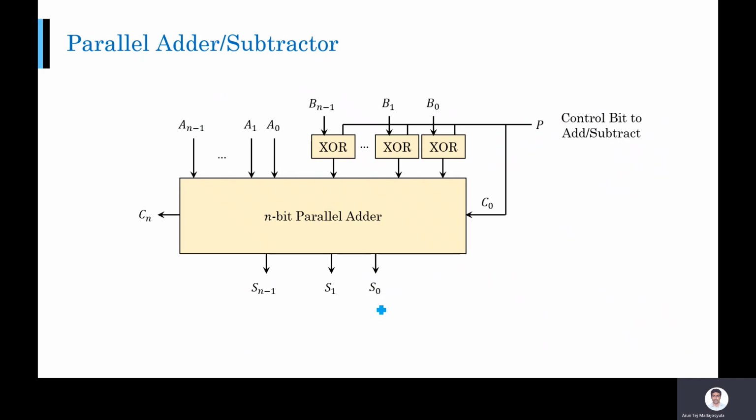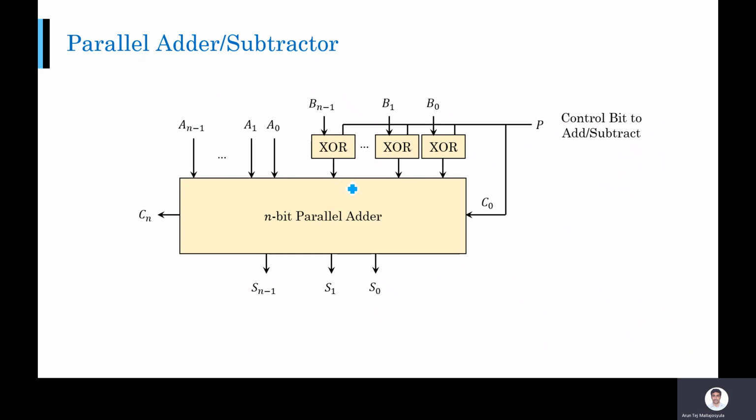Now I can use only one circuit to do both operations depending on the control bit. This is what the circuit is doing. See, for both subtractor and adder, you are using the adder only, right? The only difference is your carry. If your carry is 0, you are doing it as a normal adder. But if your carry is 1 and you are complementing the B inputs, you are doing the subtraction. So this circuit does that operation. Look at this. I am putting this XOR gate and giving the B inputs to the XOR gate.